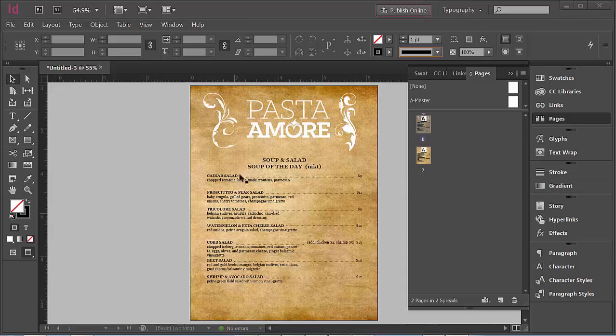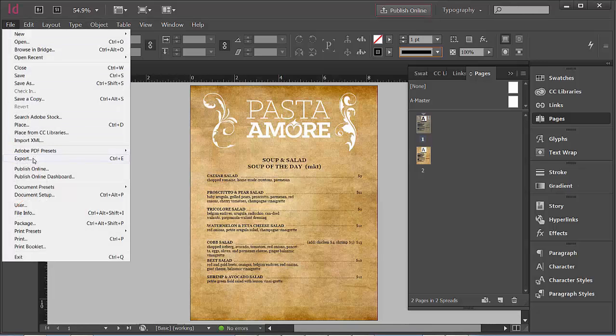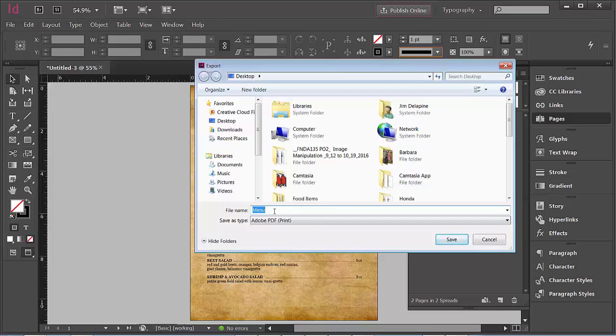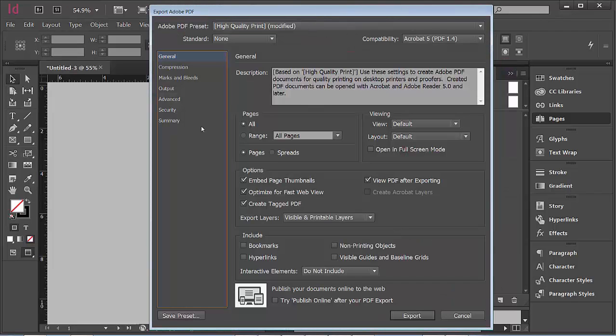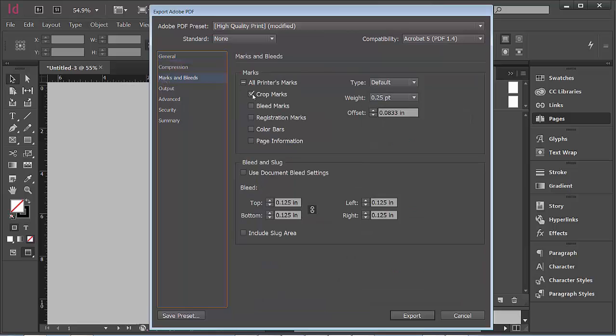So now what we'll do is export this for uploading purposes. So what you're going to do is go to File, Export, and we'll call this menu, and I'll save this to my desktop here so it opens automatically. And in this window here, what you want to do is, if you go to Marks and Bleeds, make sure crop marks is checked. Okay, and then once you hit Export,